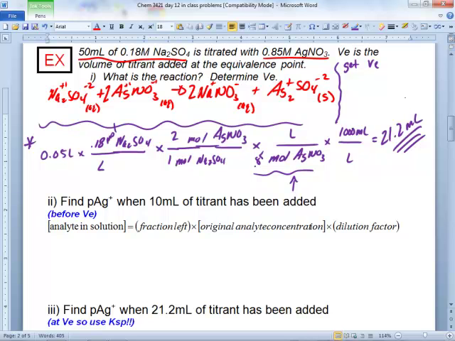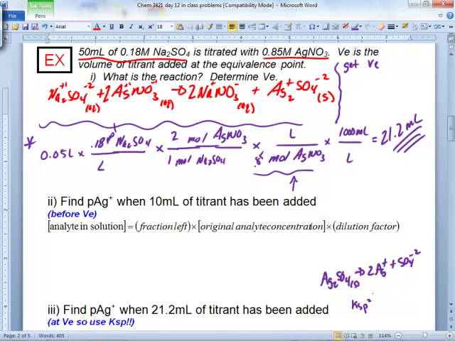Let's skip down to the final answer here. It's going to be a KSP problem. How do you write a KSP reaction? Is the solid on the reactants or the product side? Reactant. Solid goes to its ions. So you end up writing Ag2SO4, 2Ag+ plus SO4 2-. I'm just skipping to the very end to let you know where we're going. This is where we're headed. And then KSP,